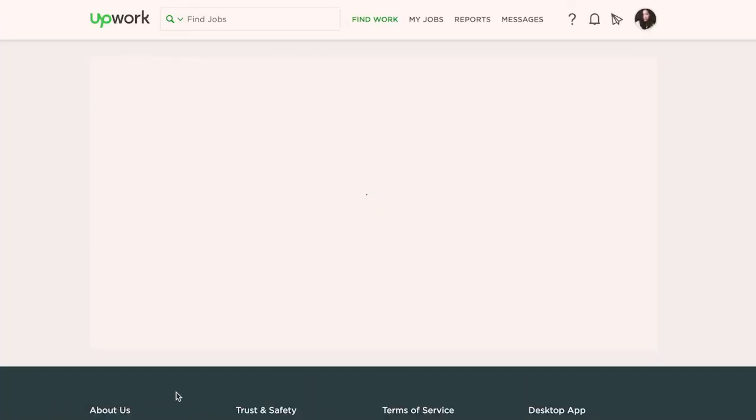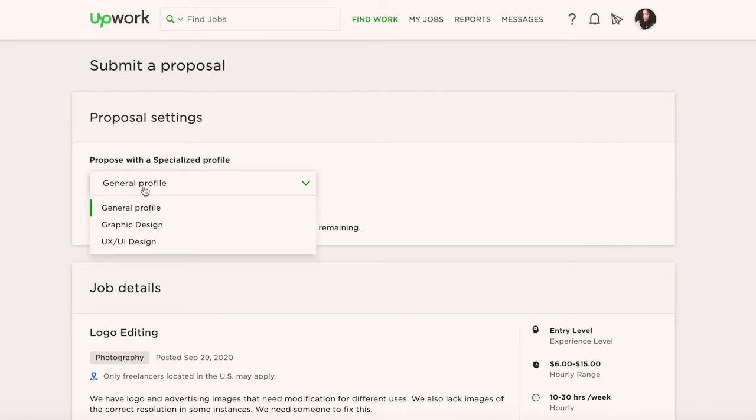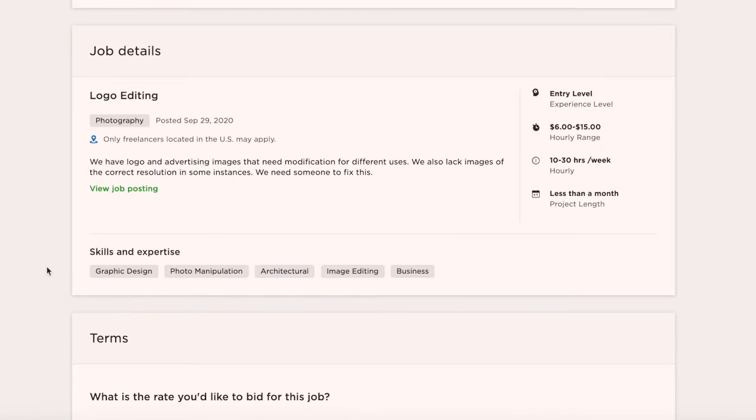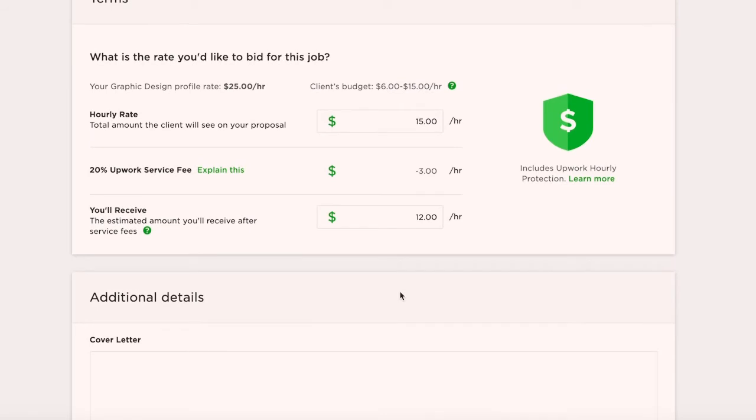When you submit a proposal, it takes you to a submit a proposal screen where you set your profile settings, telling the client what you're specialized in, either graphic design or UX UI. I'm going to say graphic for this because it's a logo editing. My logo editing rate is 25, so it's a bit over the client's budget, so you can just change that. Upwork takes a 20% service fee because you're using their platform to find projects and clients. I think that's a lot, but